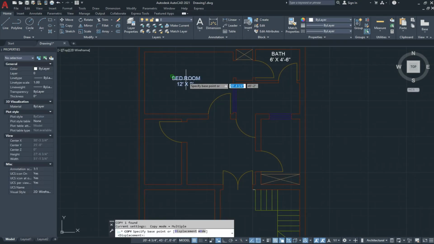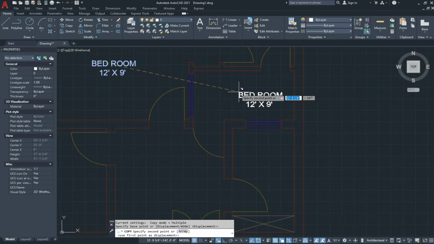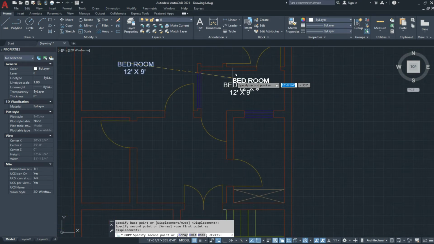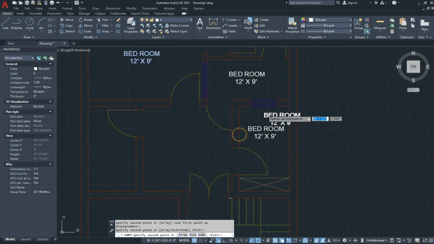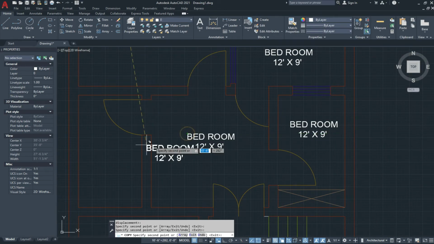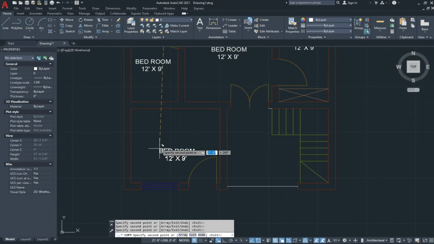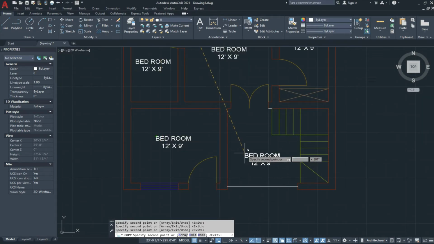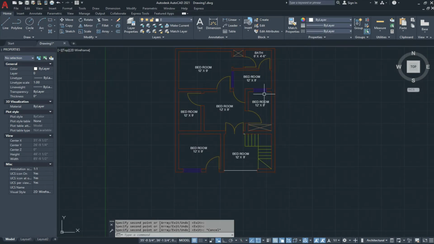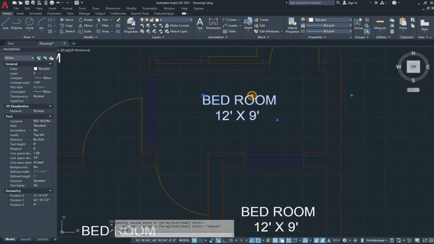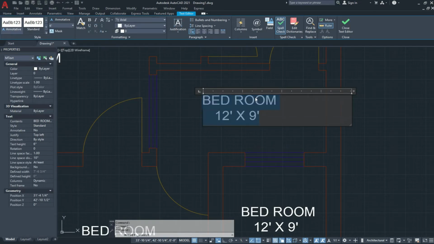Now we copy this text and click here. Double click and select all and type this.